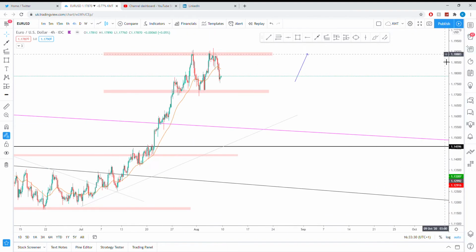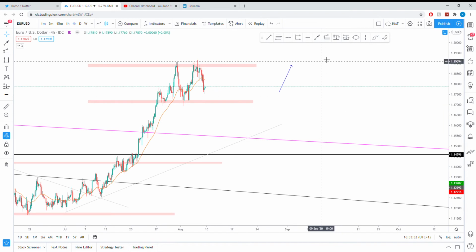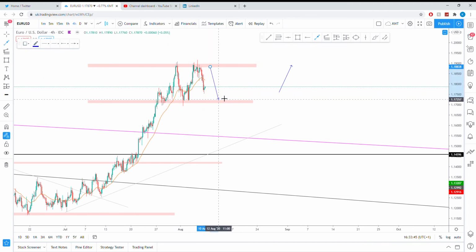Moving on to Euro USD. So for me, for this one, it's a bit of a tricky one. We saw failure to push higher, and we've also had a retest level here, and seeing signs of failure to push any lower. So we can see I'm looking at this as a range bound market. So what that means is the price could bounce off this side and this side, but my bias is still